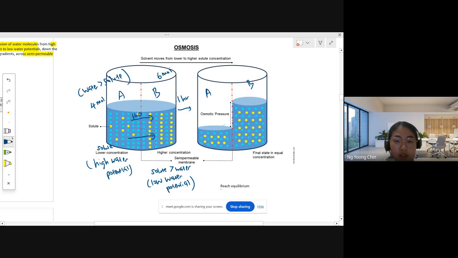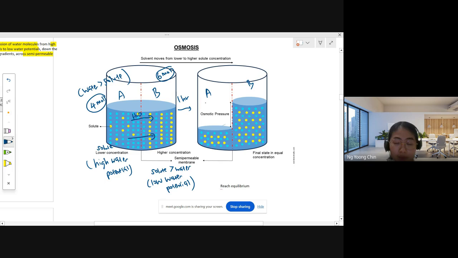6 more. Okay? There will be 6 molarity. The 6 molarity means that because they have a higher concentration of the solute compared with water, they have higher molarity because they have more solute, the solid molecule. So since A will diffuse the water to B, at the end,